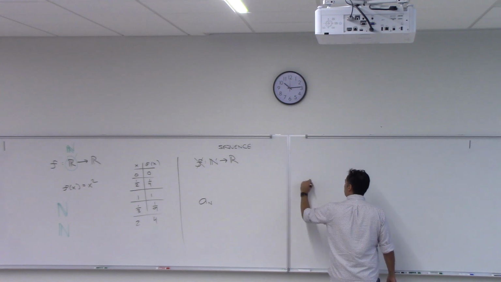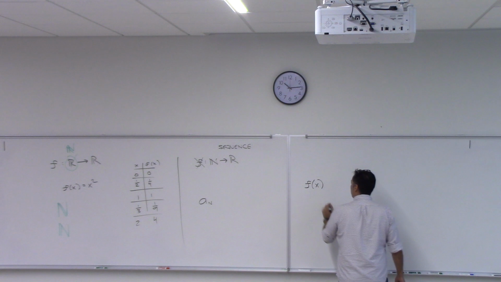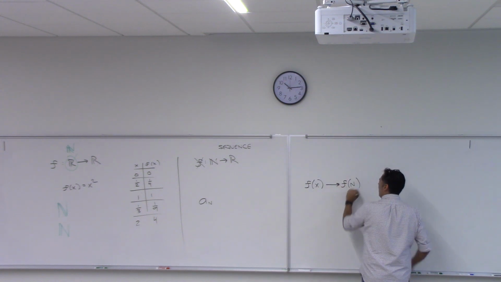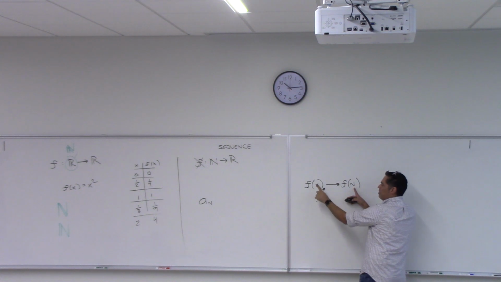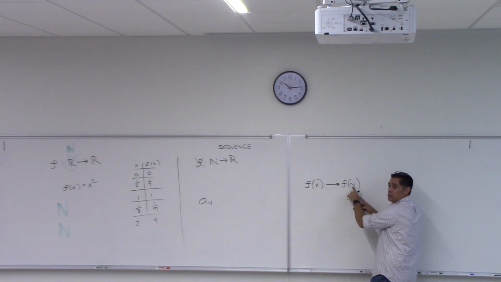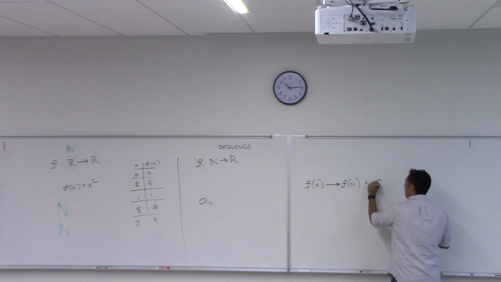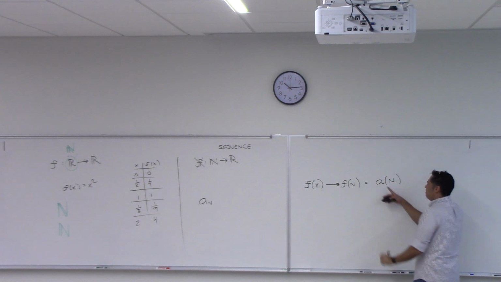To get to that, what we did is we said, okay, we have a function of x, right? But we're going to restrict the domain where this can be any natural number. Let's call it n. So now, does that kind of imply to you that you can only use natural numbers? And then we say, well, wait a minute, let's not even use the f anymore. Let's call it a of n. So it's a function